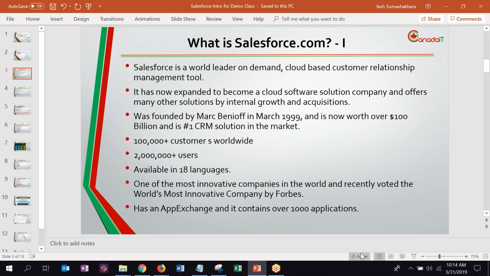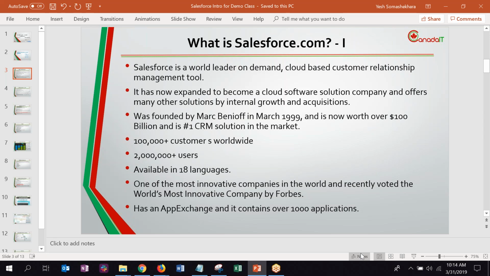So they want to track their interactions with the customer, try to utilize it and sell to them better, service them better, so they can retain the customers. So it's one of the big concepts that has come out, I would say, after 2000.